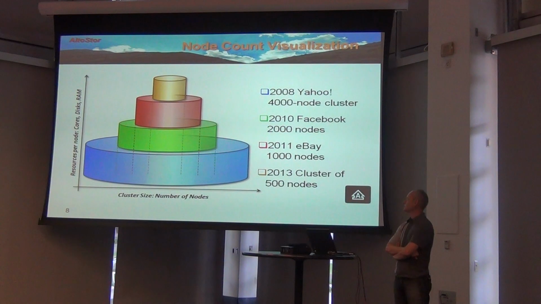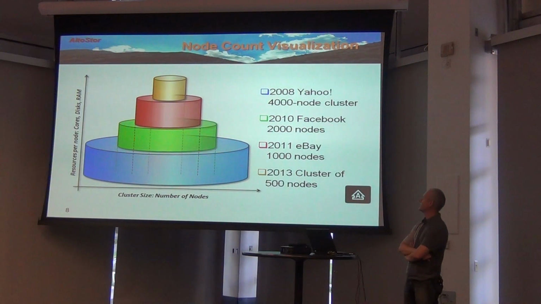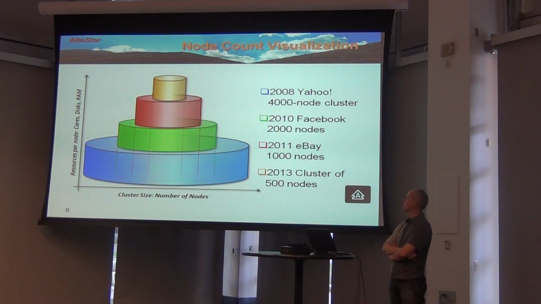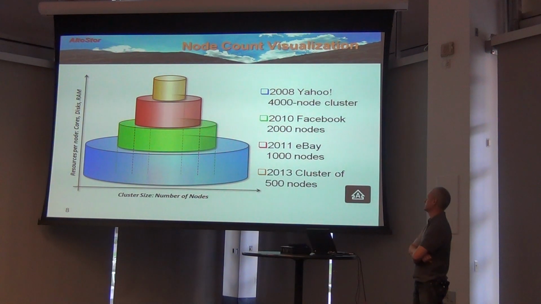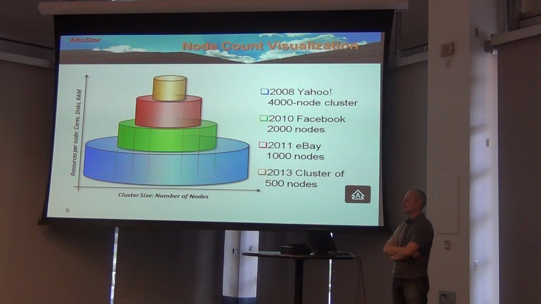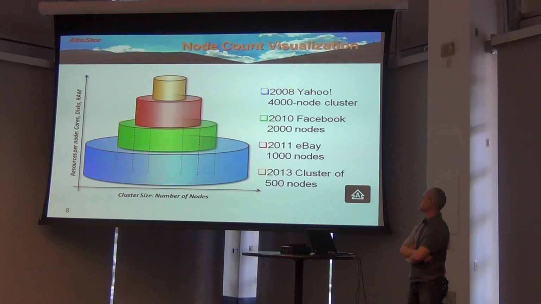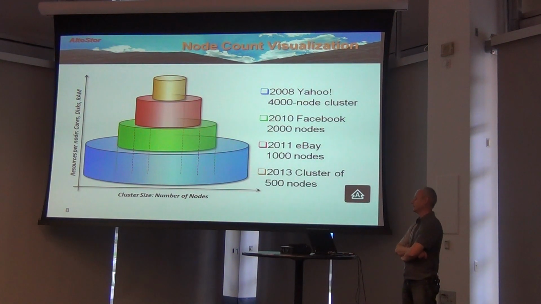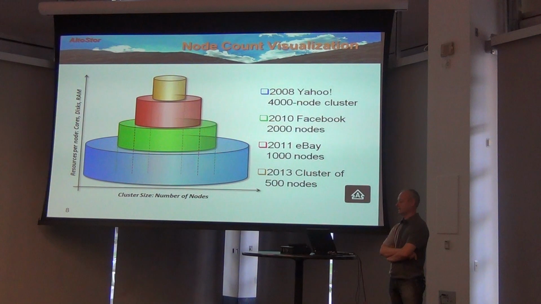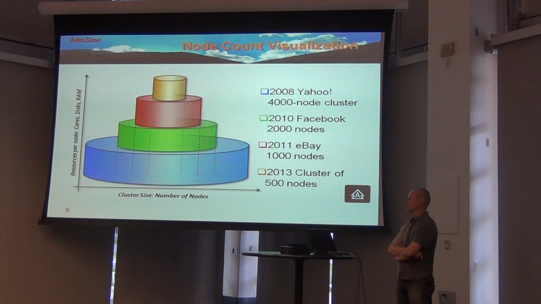This diagram visualizes the evolution of node count on the cluster. So we see that in several years, the node count went down to 2,000 nodes. This is reflected in these clusters actually having the same computational and storage effect, and the shrinking happens because of the vertical growth of the servers themselves.